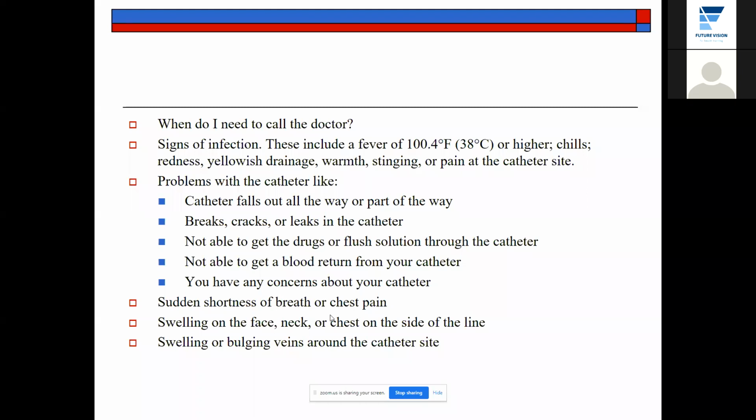In addition to the high temperature, if there is redness at the site of insertion, where we did the insertion, if we notice some redness, or yellowish drainage, or you feel that it is unable to be touched or there is pain on this touching area, all of these are signs of CLABSI, central line associated blood stream infection. This is what we call CLABSI, central line associated blood stream infection.